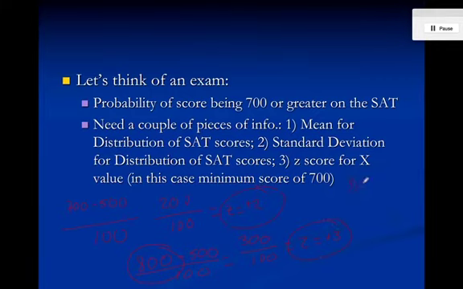If my score is 900, 900 minus 500 is going to give me a value of 400. 400 divided by 100 is going to give me a z-value equal to a positive 4. So we'll notice here that we start getting further and further away from the mean. So here, my value in terms of this distribution that I had drawn for you,